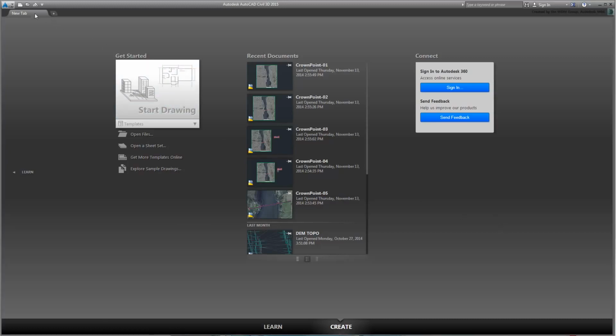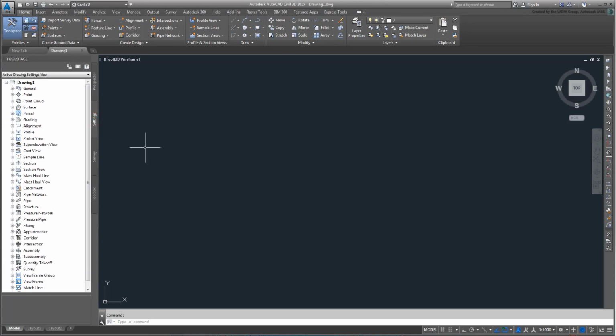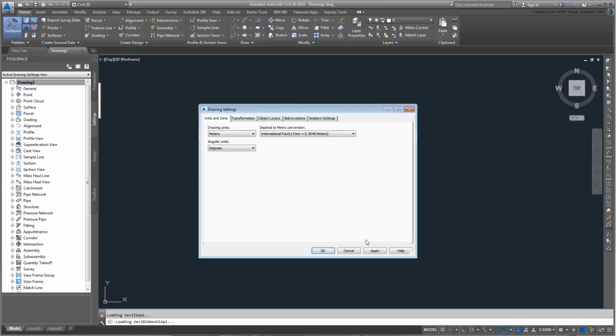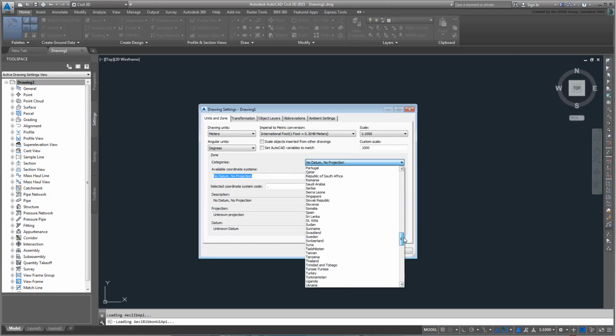In a new blank project, go to the Settings tab. The first thing you need to do is geographically establish the location of your project. Right-click the drawing name to edit the drawing settings. Apart from the drawing units in this dialog, you need to set up a geolocated coordinate system. You can select a country or a state, in this case USA, New York,